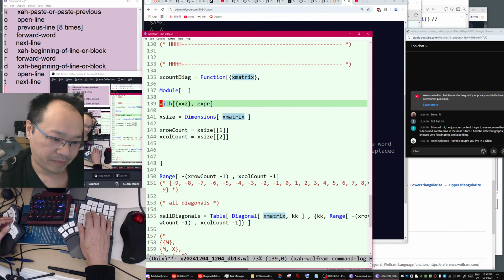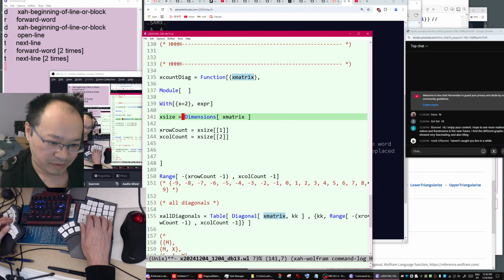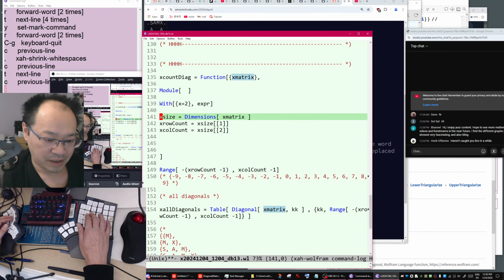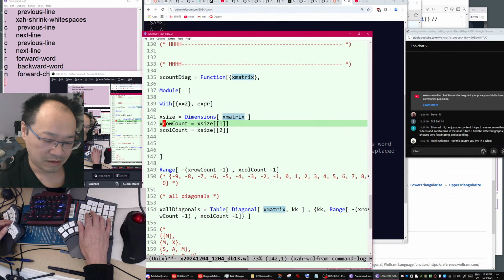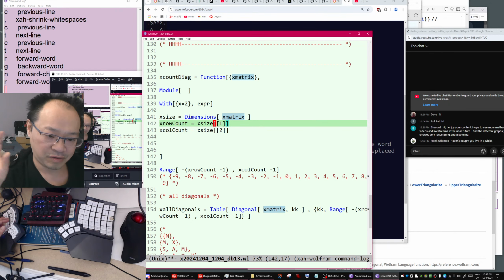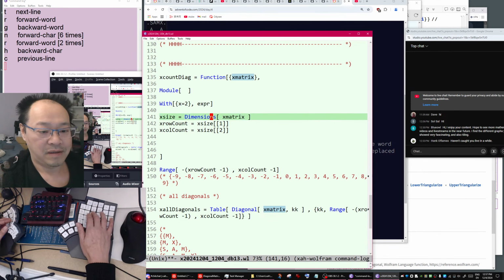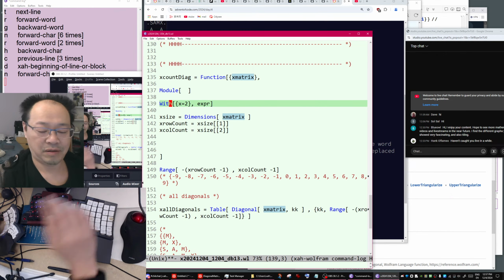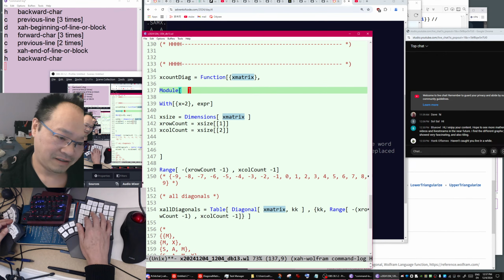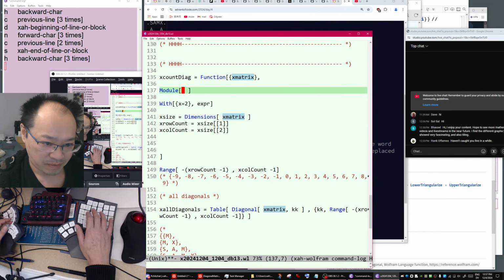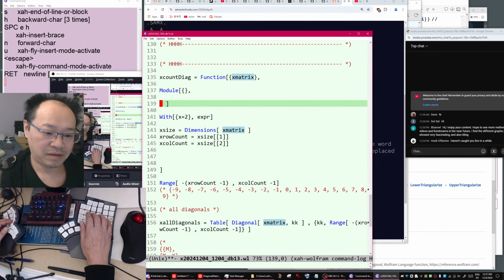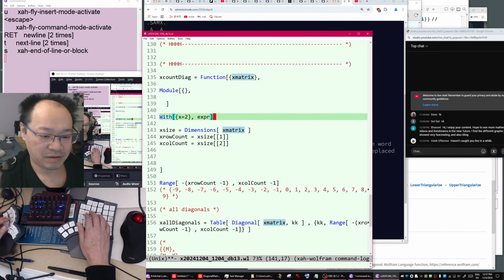However, it's got a problem, because once you define a variable, you cannot define the next variable in terms of the previous one, like we need here. We get a dimension, then you get row count based on the dimension. You cannot do that, so what you have to do is declare another With. That's not good. So another way is to just use Module. Module is just like let, but you can redefine the value. Okay, let's use Module.